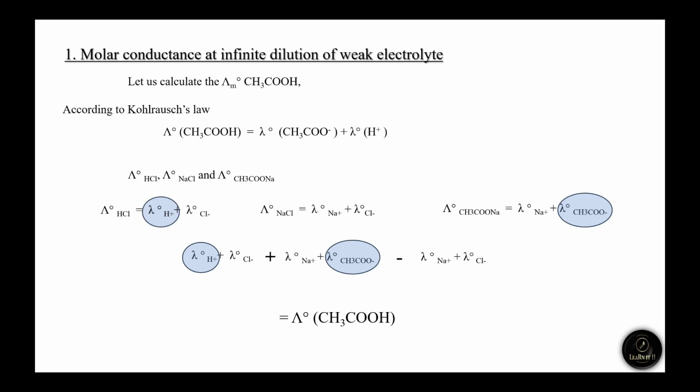So the next application of Kohlrausch law is to determine the degree of dissociation of a weak electrolyte. The degree of dissociation is indicated by the letter alpha. So what is degree of dissociation? It is the fraction of total molecules dissociated. Example,